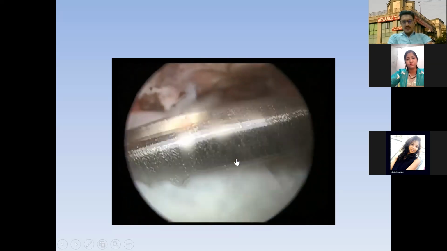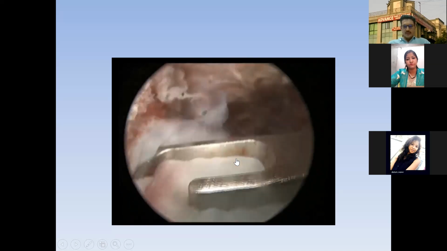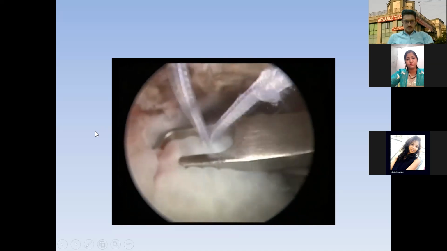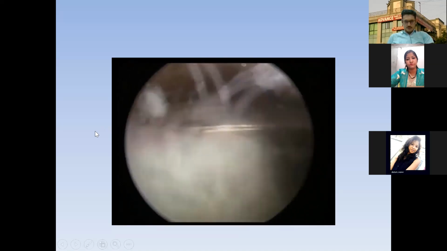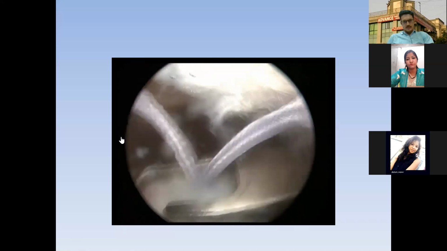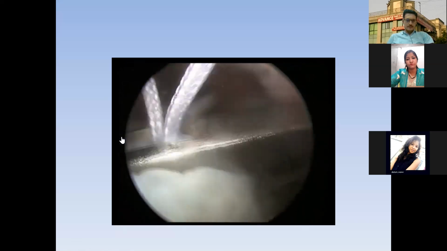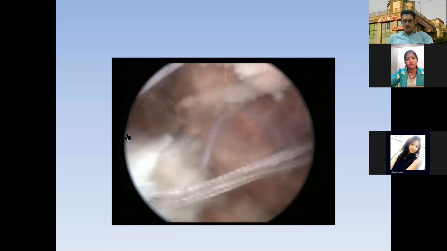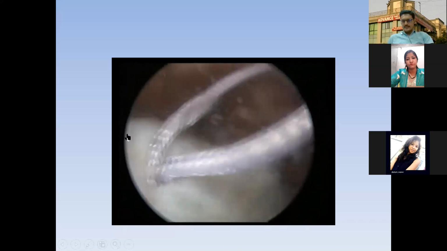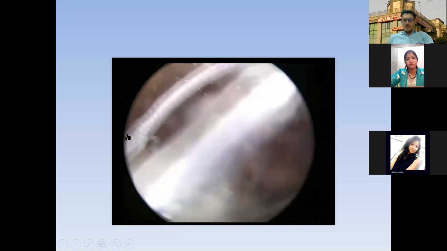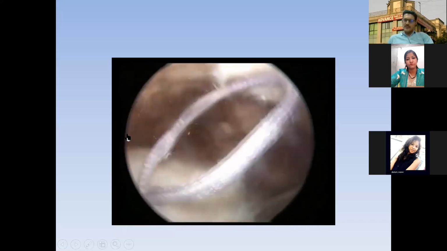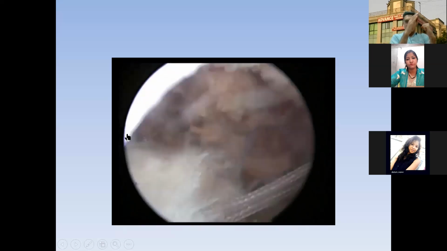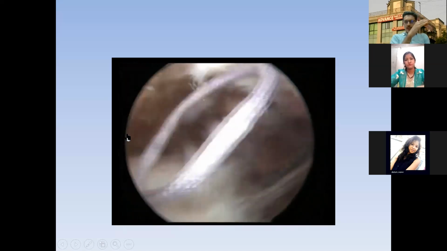So these are special instruments for arthroscopic repair. And we are passing the sutures one by one sequentially. So this is the first suture. Likewise, we'll do second pass, third pass, fourth pass. So we can pass a number of sutures, and in the end, what we will do is we'll tie back all the sutures. So the structure which is avulsed from the humerus will be tied back onto the humerus.